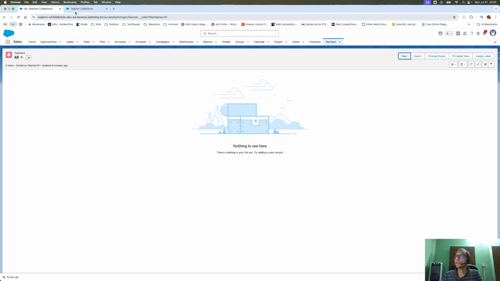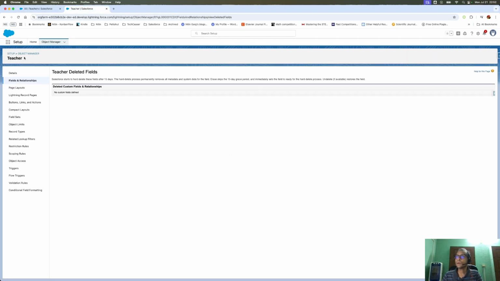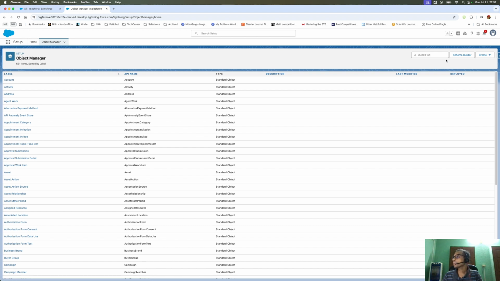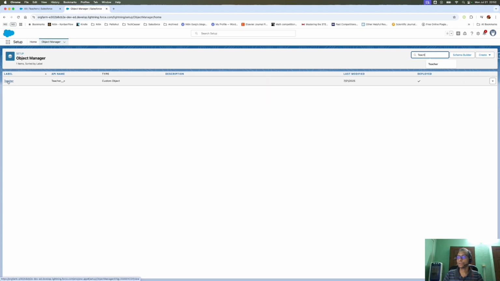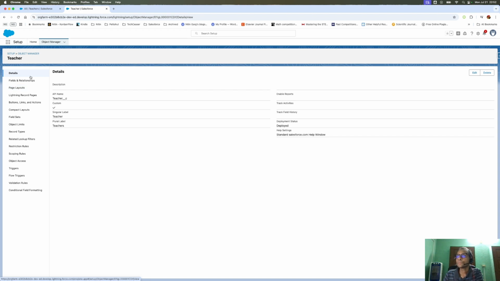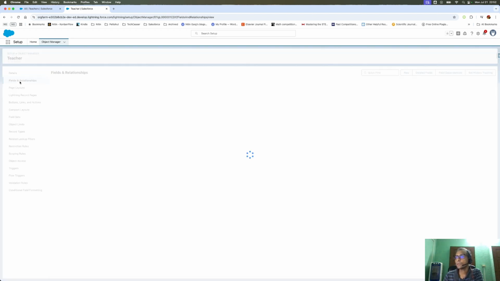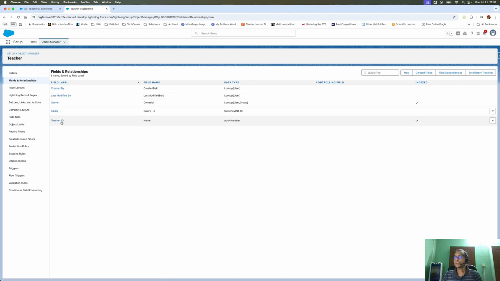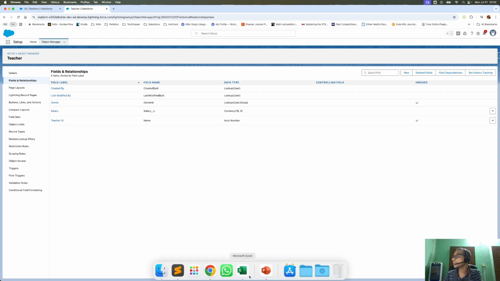Let's quickly see. Let's go into the setup, under the object manager, and in the object manager I already have a teacher custom object. Now let's open it, and go to fields and relationships. So I have a salary field, which is a currency field, and what I need to do now is create an incentive field. One second. Okay, clicking on new,